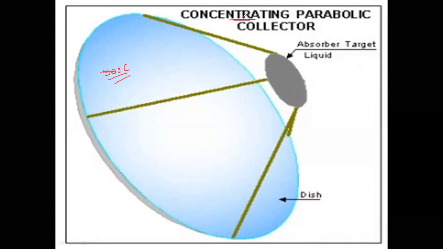Here the types of concentrating collectors are the flat plate collector with plane reflectors, compound parabolic concentrating collector, cylinder parabolic, and parabolic disc collectors. This is nothing but the parabolic disc collector. In this concentrating collector, the midpoint is at the center. Here the whole solar radiation comes, that is direct radiation, diffuse or global radiation, and it captures the complete solar radiation.